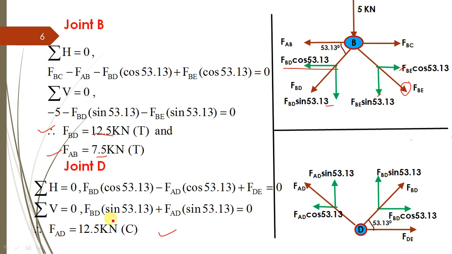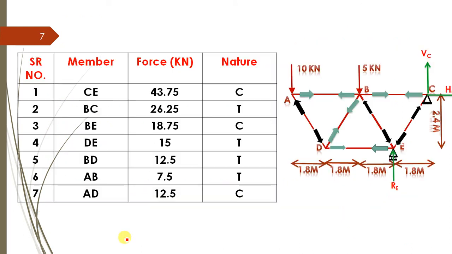So here if you solve this, we will get the f of AD minus value. I have written directly as 12.5 kilonewton positive, but it indicates that initially it is minus, so it indicates compressive, because the assumed direction is tensile but we get the minus answer. Therefore the assumed direction is wrong, so instead of tensile it should be a compression. So this is the figure that I have changed.